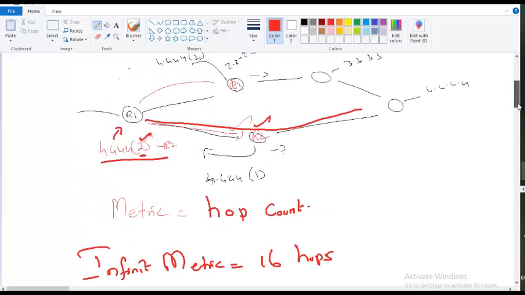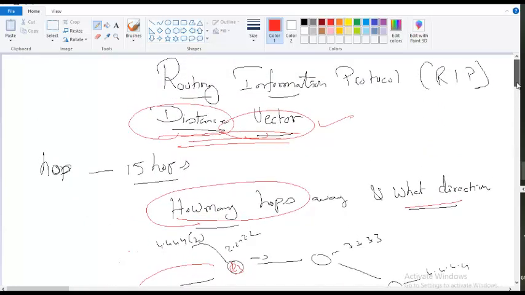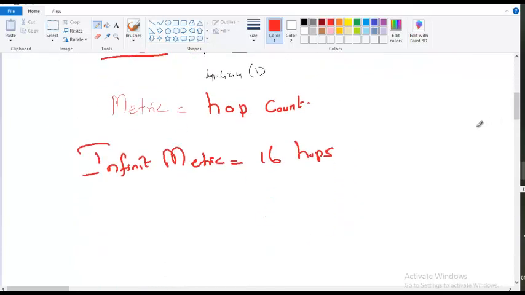That is why I said if your environment has like 10 to 15 hops, you can have this routing protocol. Because the 16th hop, if you have it, cannot be learned by the 0th router. Sixteen is an infinite metric. We'll talk about this in more detail after some time. It's coming. Right now,